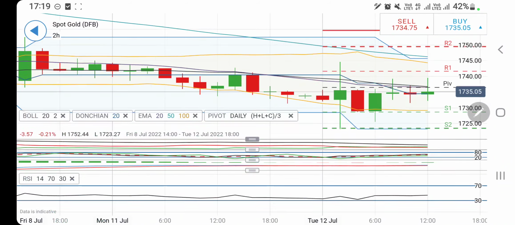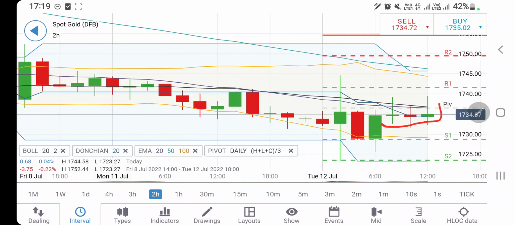If you look at the 2-hour charts, you will observe that it is consolidating here since the last three candles, though it has seen a good drop earlier in the day today, achieving 1724.23 levels. Now it is trying to bounce back. The resistance at 1737 is strong. Once it trades beyond 1737, go long and one can expect it to rise. 1740, 1742 are the next targets, and beyond that it is definitely going to hit 1745 and 1750 levels.